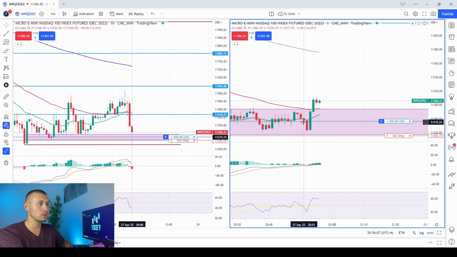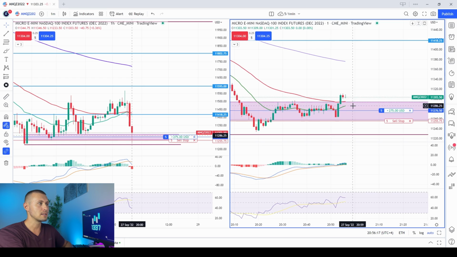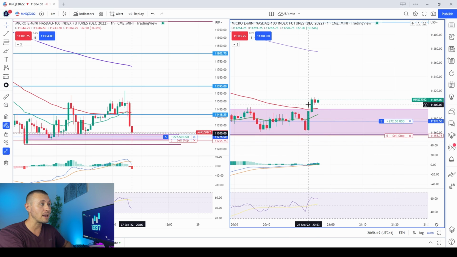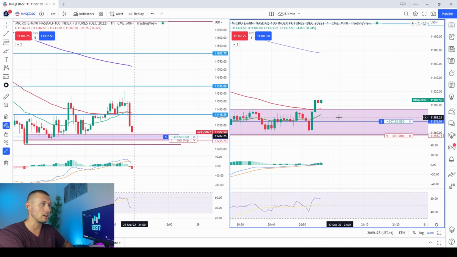But yeah, what we want to see in this case is boom, a small retraction and continuation of the movement to the upside. Our take profit will be somewhere just below the 200 EMA, somewhere around this area, if we manage to hold above. It is very important to manage to hold above the EMAs and above the demand zone over here